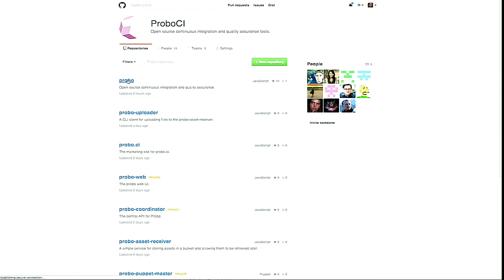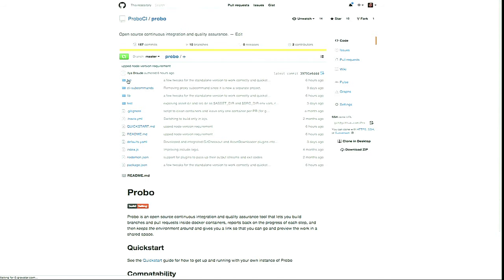If you look at the main project, Probo, this is going to grow into a meta project that pieces together all of the different sub things, so that if you want to get a simple setup running, you can do npm install Probo on a machine with Docker and then just say Probo monolith, and we'll start up all of the services for you and you can evaluate it.